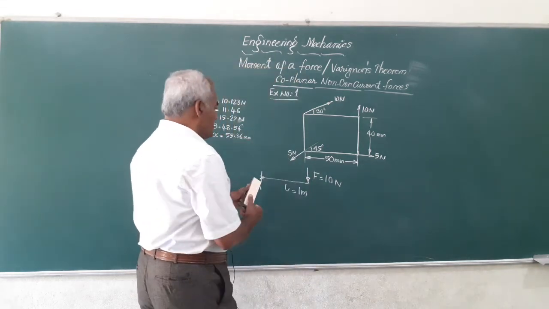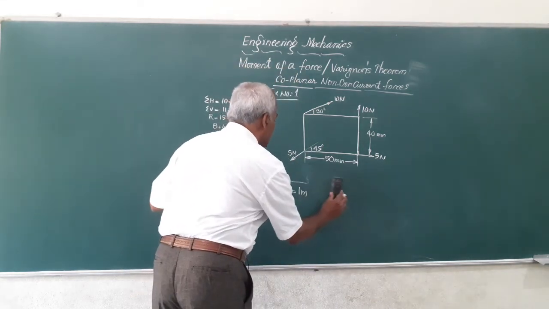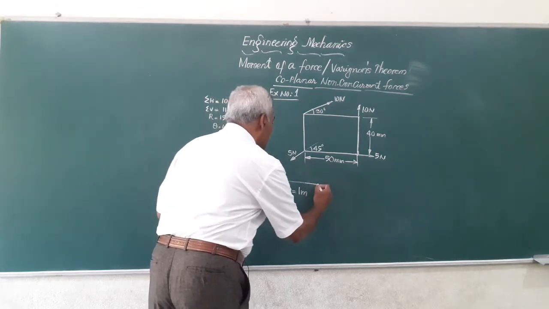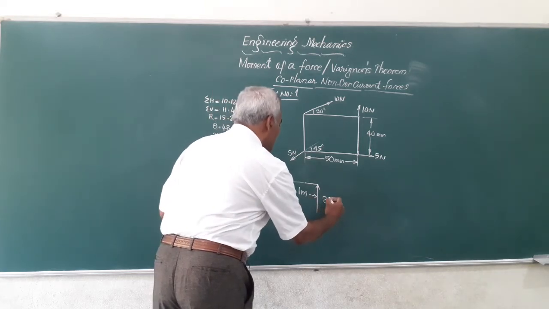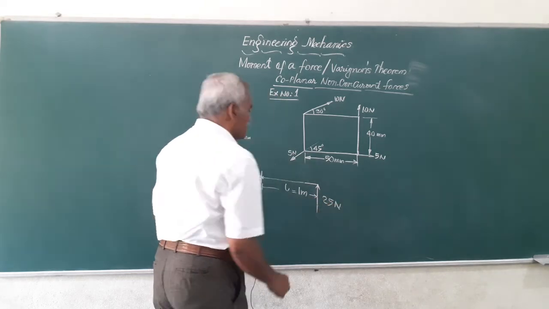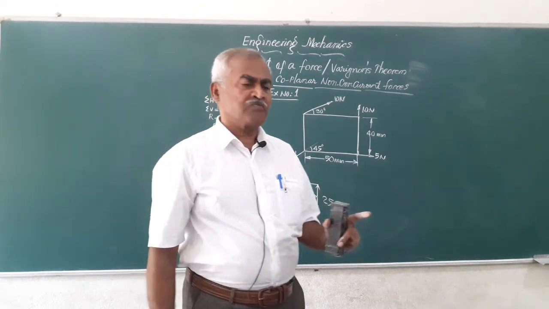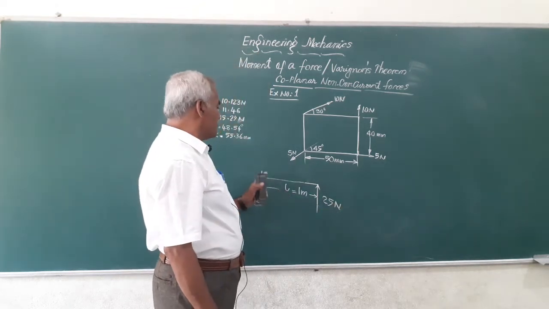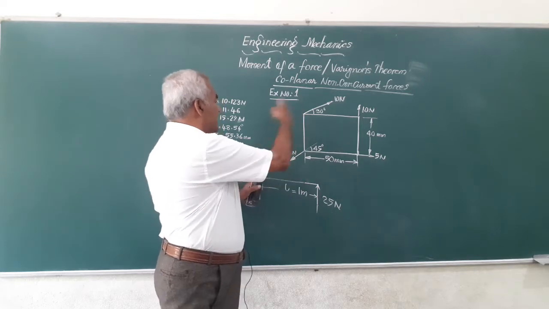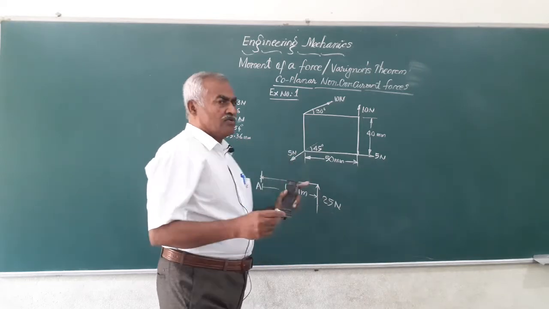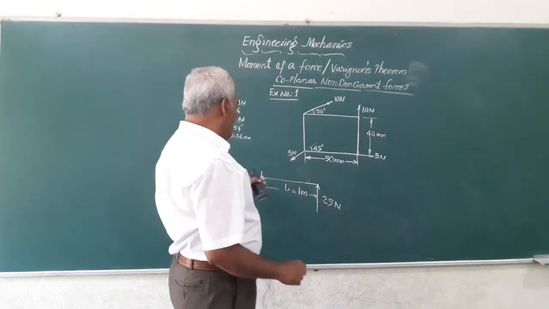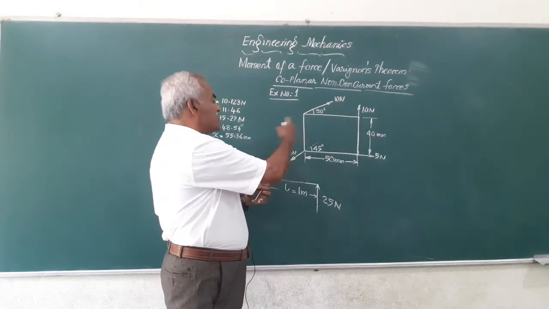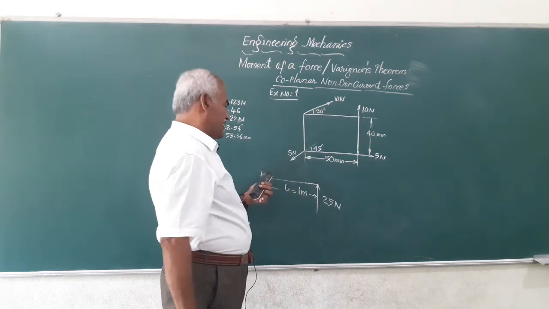Similarly, friends, if you have a force acting in the upward direction and the same length L from A, say this is a 25 Newton force. So this 25 Newton force acting at a distance of 1 meter from A produces an anti-clockwise moment. So whenever you are calculating or showing moments, you should curl your fingers and see in which direction this force tends to rotate.